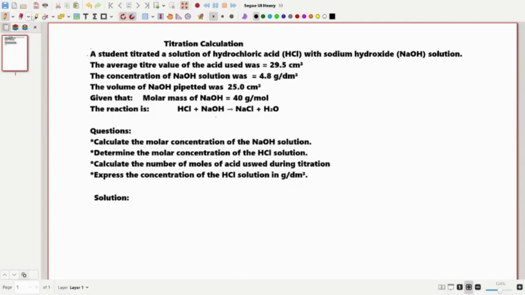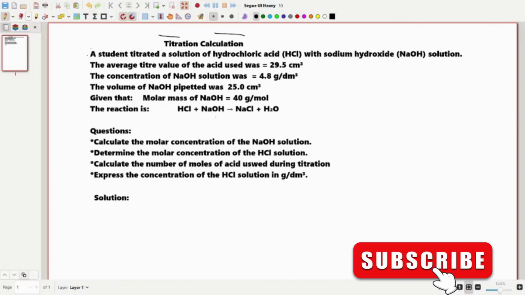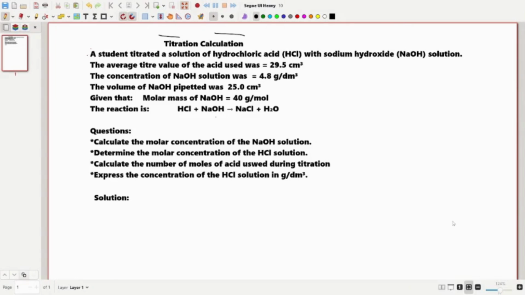WAEC practical is closed. If you don't understand this one titration calculation, you can lose up to 5 easy marks in WAEC Chemistry. Let me fix that in under 5 minutes. Let's get started. The question states that a student titrated a solution of HCl